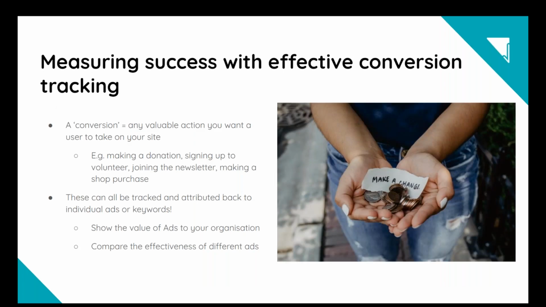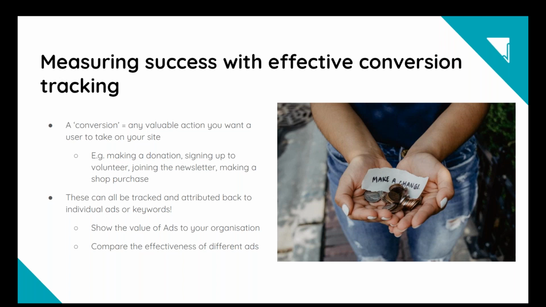So firstly, let's actually define what the term conversion actually means. It's one thing to direct a lot of relevant people to your website and show them great content, but to get real value from the Google ad grant, you also want those people to take action. So making donations, inquiring about volunteering positions, submitting contact forms, making shop purchases, things like that. And that's what we mean when we talk about conversions, those real tangible results gained by people taking action on your website. And it's now a requirement that we have to set up tracking for those actions in order to remain compliant with the rules and remain eligible for the ad